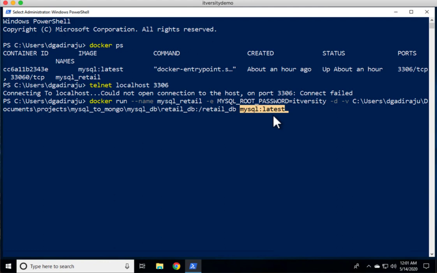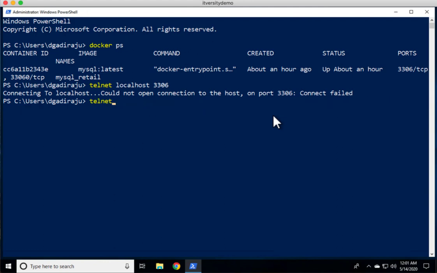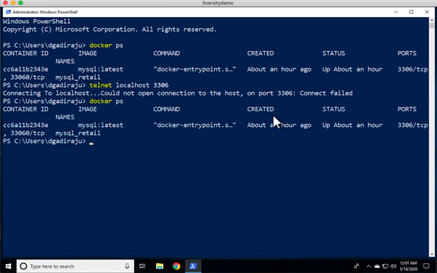Once the container is started, we validated using docker ps like this. We even validated by running the docker exec command like this. By saying docker exec -it, where i stands for interactive and t stands for TTY, we will be able to connect to the terminal on the container. The container name is mysql_retail, and I have used the command mysql -u retail_user -p. That is a valid Linux command to connect to a MySQL database wherever MySQL is set up.